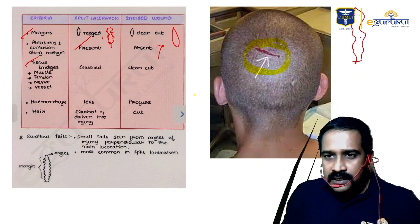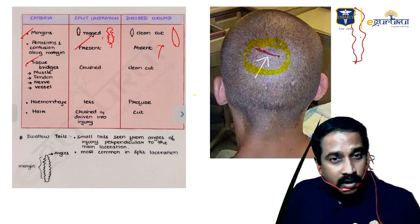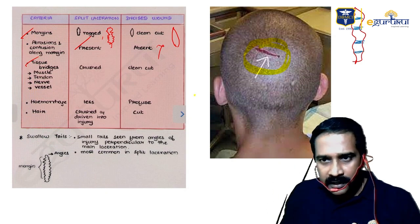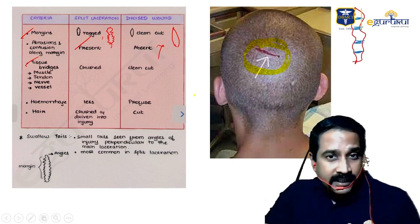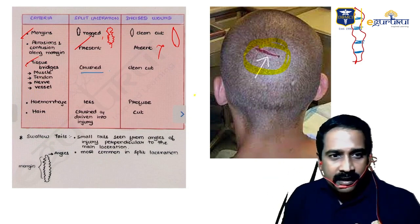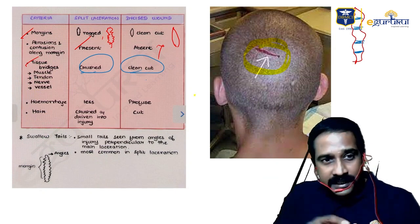Yeah, tissue bridges make the floor of the injury, like the muscle fiber or a tendon or a blood vessel or a nerve fiber. So these are called the contents of the injury, or tissue bridges. These tissue bridges definitely are crushed in split laceration. They are clean cut in incised wound. For the same reason,